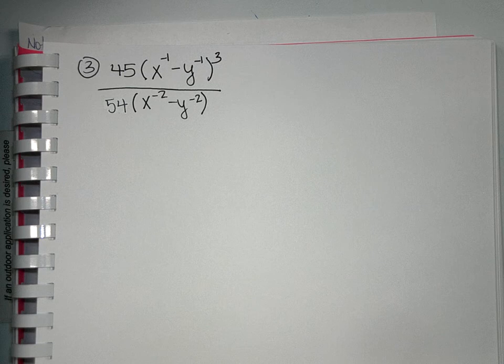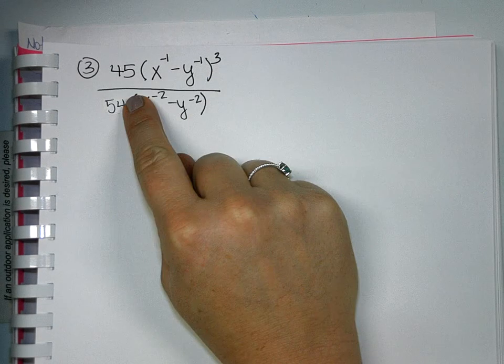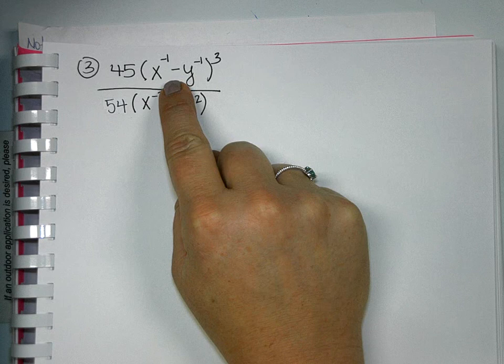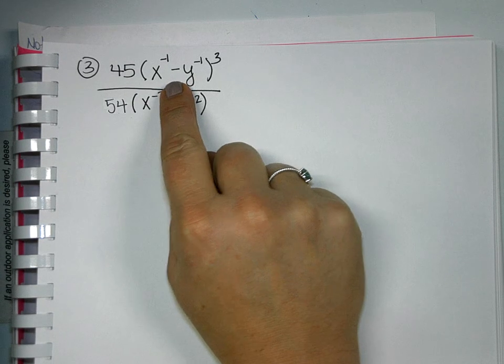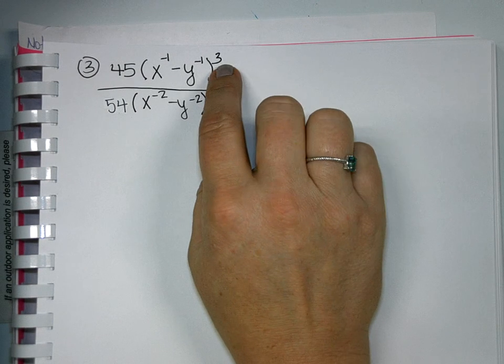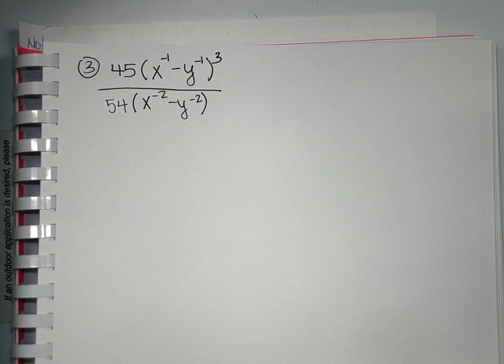One of the most common mistakes people make is they think, oh, there's a 3, we can put it through to everything. Well, that's wrong. That minus sign on the inside prevents you from doing that. If we had all multiplication in here, then yes, we could put the 3 through, but we cannot put this 3 through to both terms. So what I'm going to do to start this one